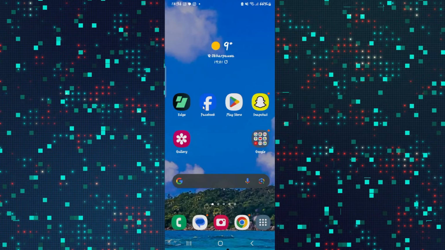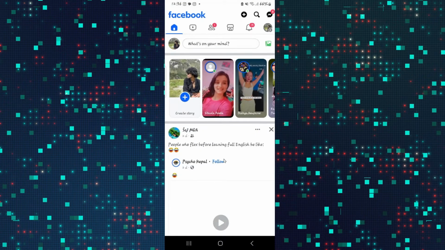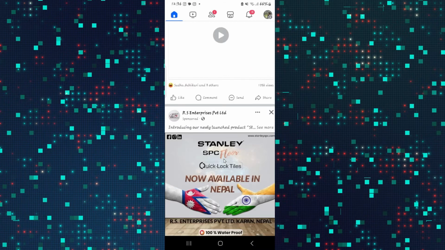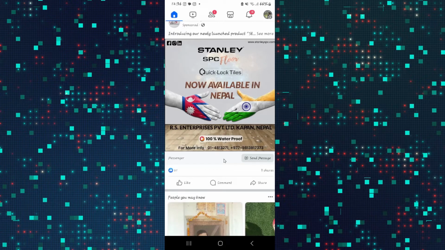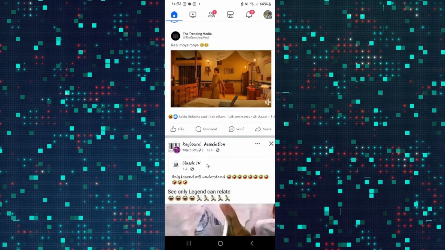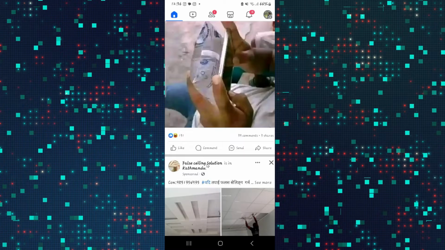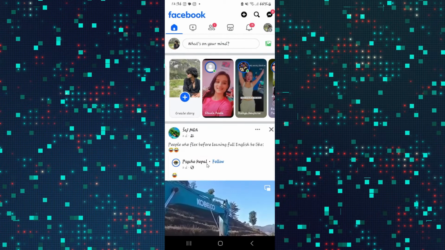First of all, tap on the Facebook application to open it up. And once it is opened up, you might be asked to log into your account if you haven't done so already. After logging in, you will be taken into the home page from which you can scroll through the news feed. Now, if you wish to change your email address, tap on your account icon at the top right corner